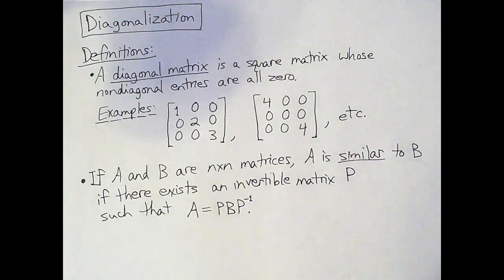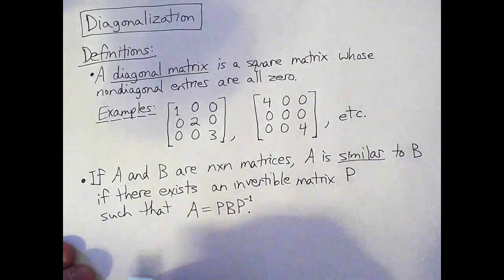A is similar to B if there exists an invertible matrix P such that this is true. So A is on the left-hand side, B is on the right-hand side, but it's sandwiched in between P and P inverse. Or,